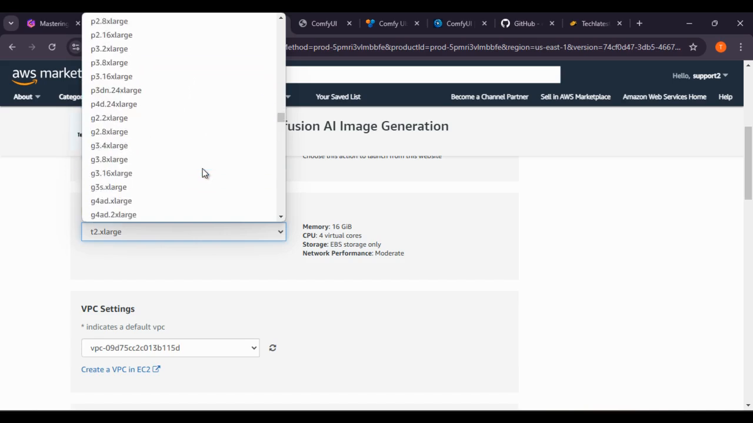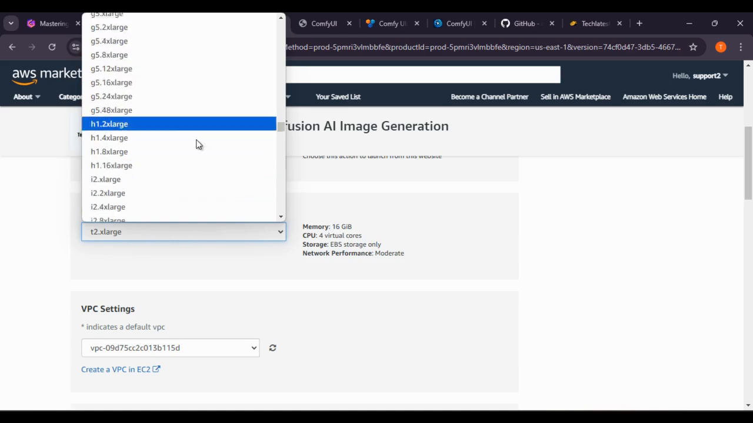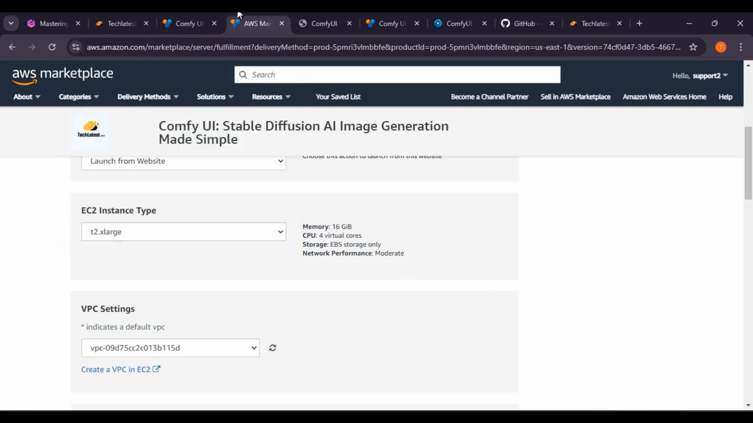So you can choose according to your needs. Okay, and here you can see the G4 large, G4AD large, X large, anything depending on you. Okay, next thing is